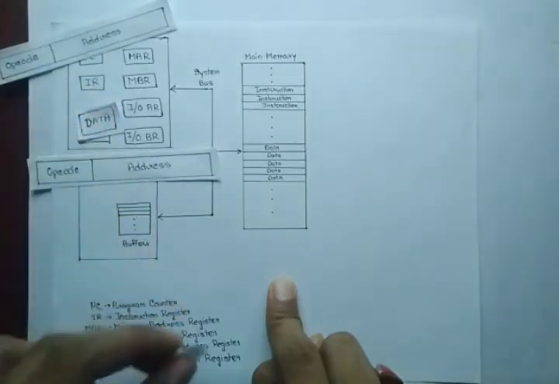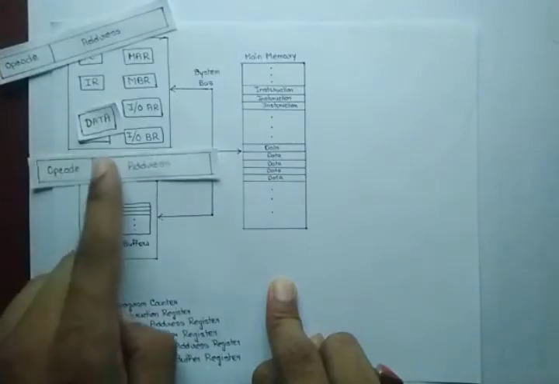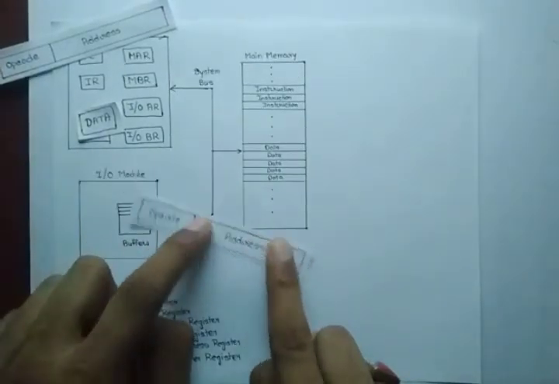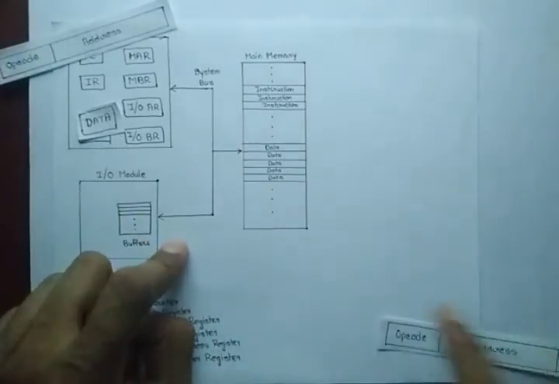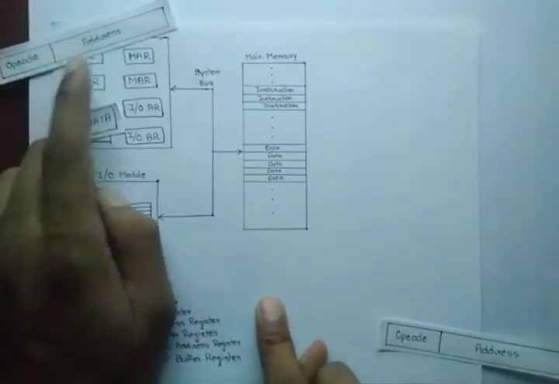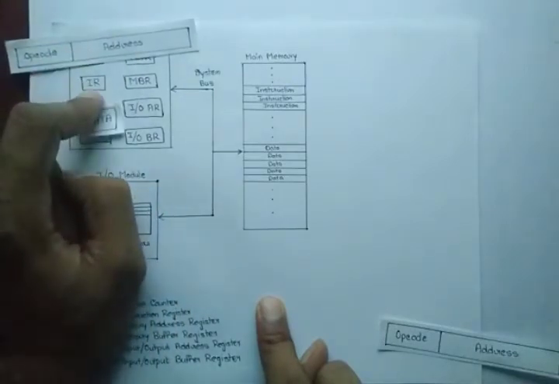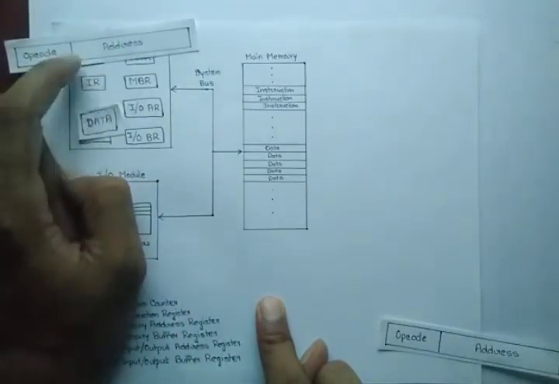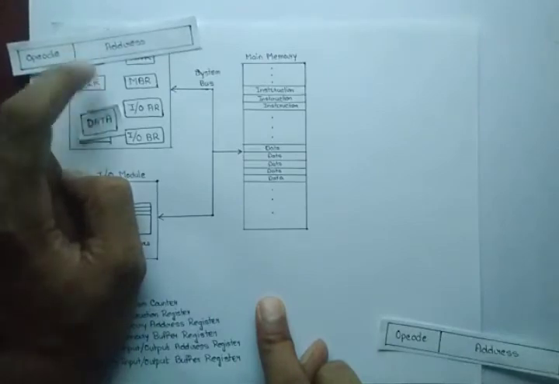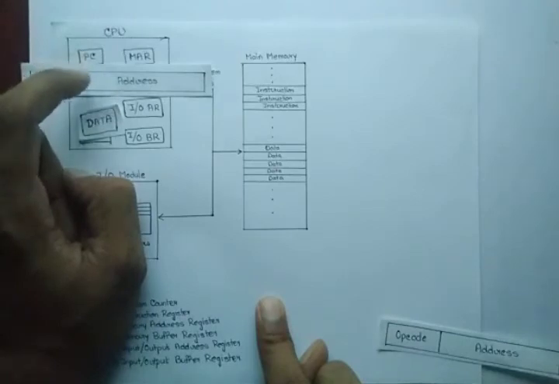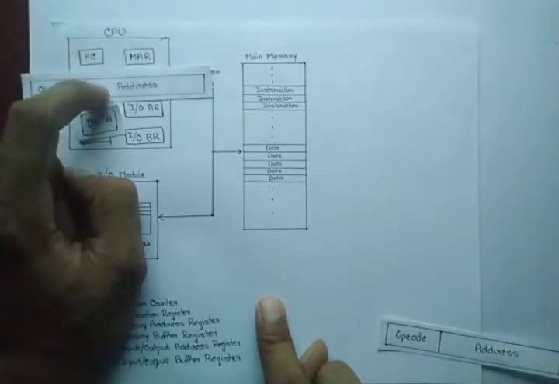After this operation is done, this instruction has been successfully completed, so it is thrown out of the CPU. Now you can see that the IR is free. So the IR goes to the PC and gets the instruction which needs to be executed next, and it is loaded onto the IR.